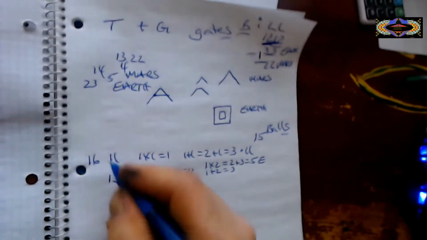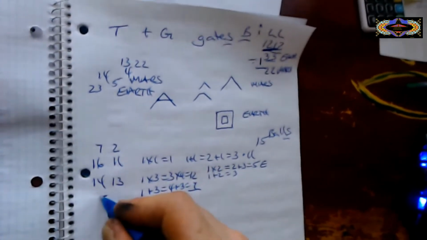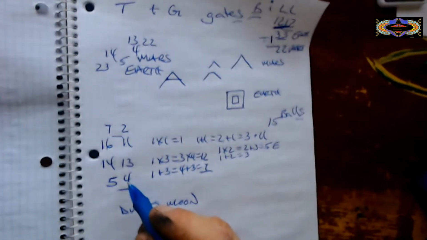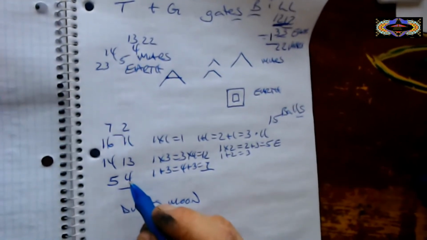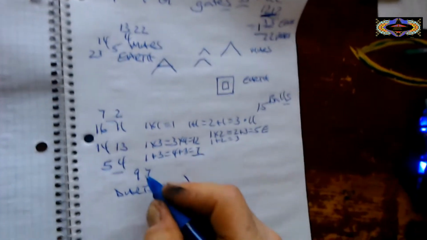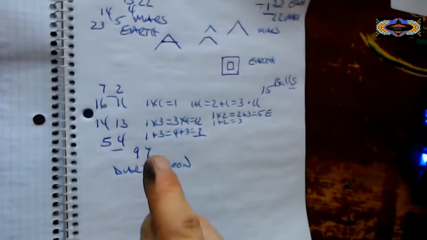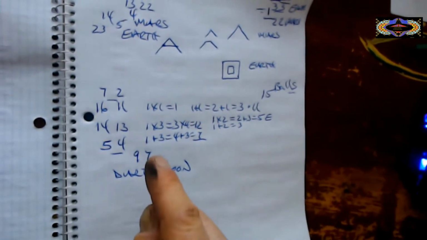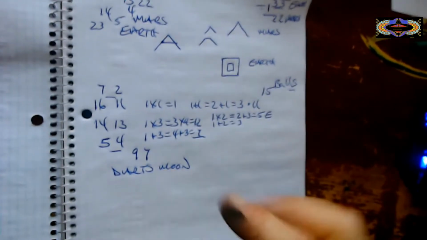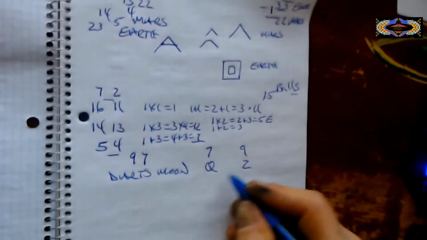The reverse is 16 and 14. 7 and 2, 5 and 4. The reverse of the gateway is the sun, the red sun. This will equal 9 and 7. 9 and 7 are of 2 worlds. 9 and 7, the 7 is of all the worlds. All 3 of them. Now, the funny thing about the 7 and the 9 is that Q and Z equals